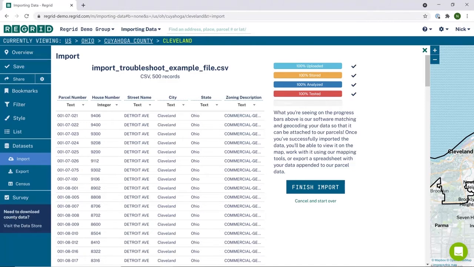Today we're going to be talking about troubleshooting a spreadsheet import that you're attempting. So starting at the most general level, it's important to note that what Regrid does in its importer is work with parcel level data, meaning not census data, not larger geographies, but something that can be tied to specific properties. This is a lot of the data that you may see floating around, especially in open data portals. So it's not a big deal, but it's important to note that you need to get the data geography right